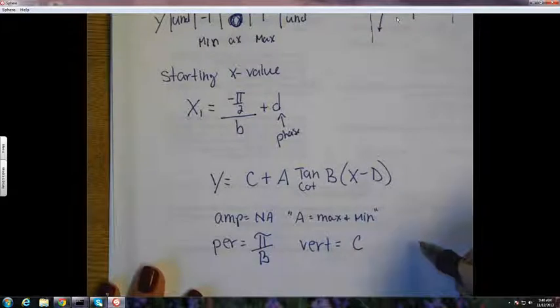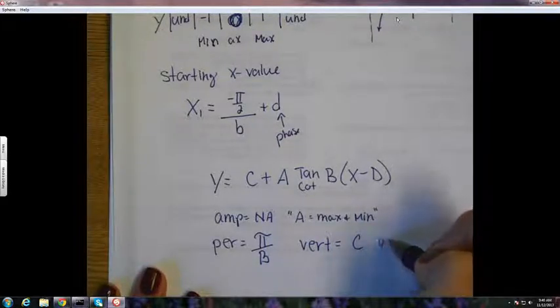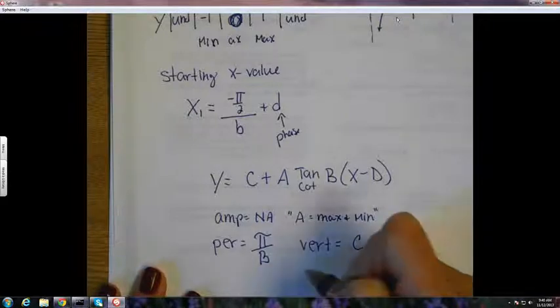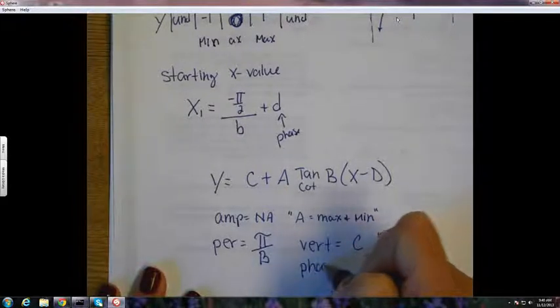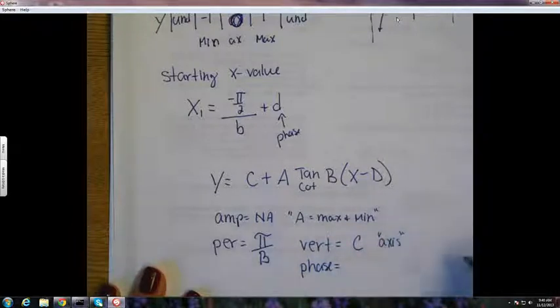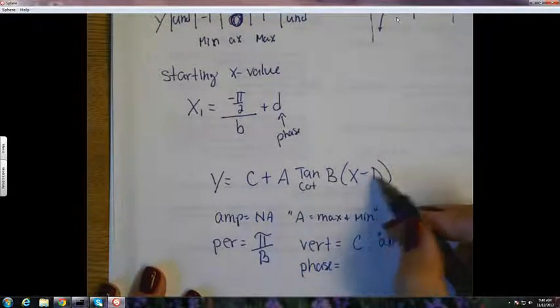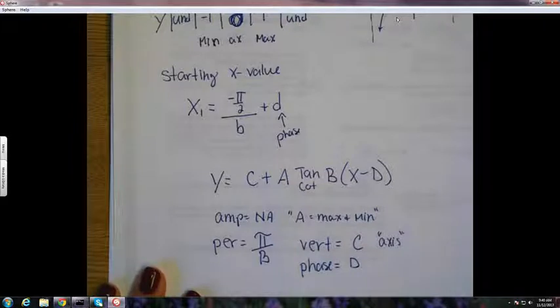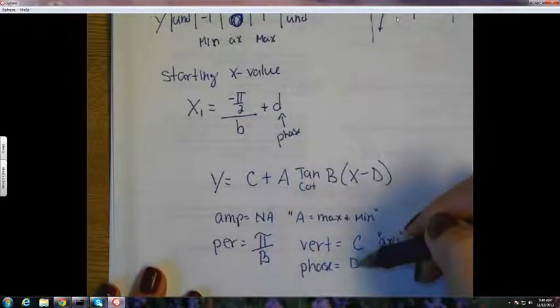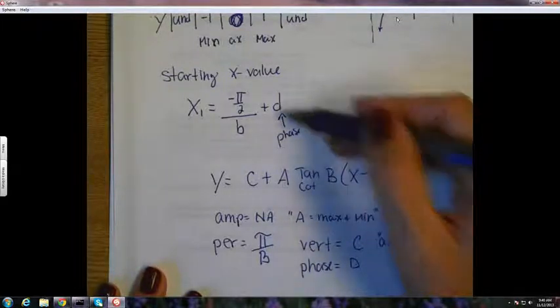That's going to give us our axis values. And phase is still the opposite of the d that's in here. I use the lowercase d here, but I do mean whatever the phase is, that's what you're going to add on here. And whatever the capital B